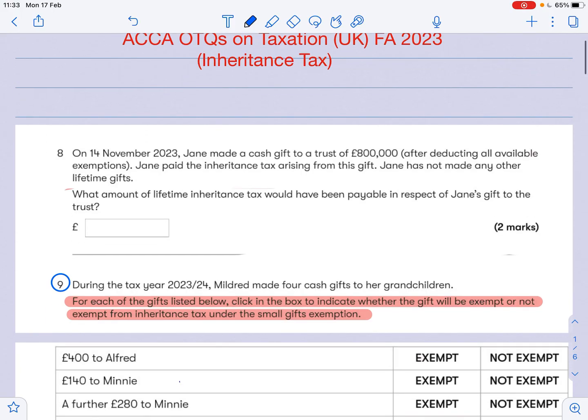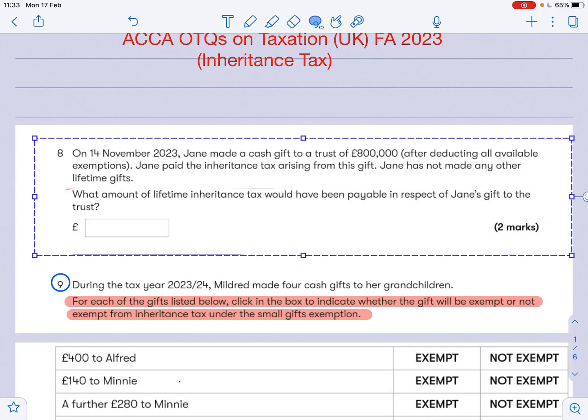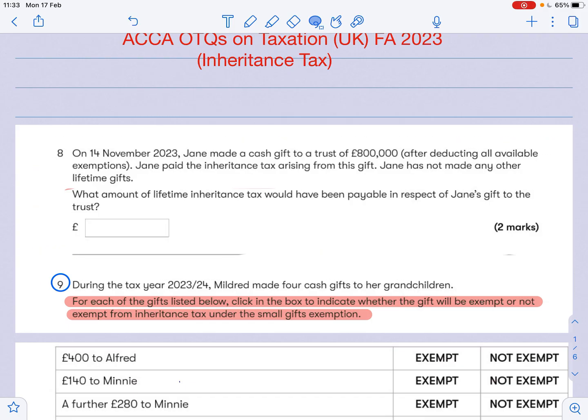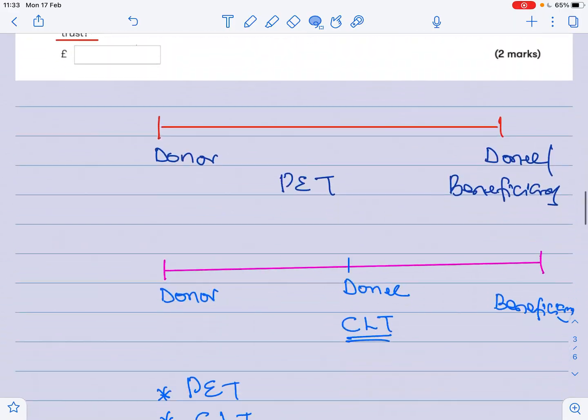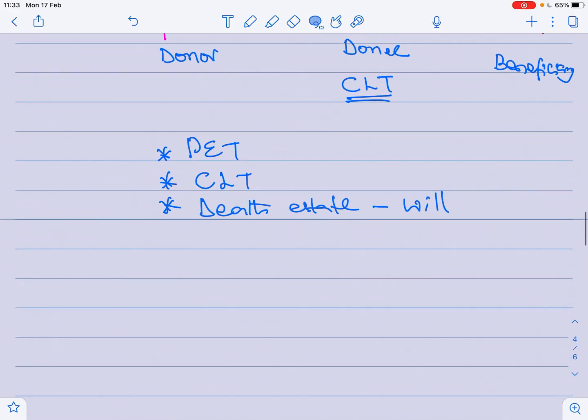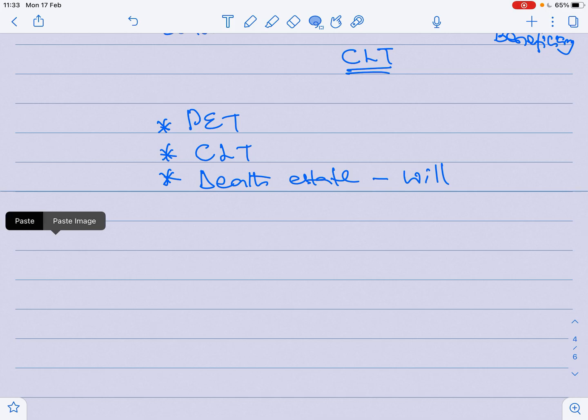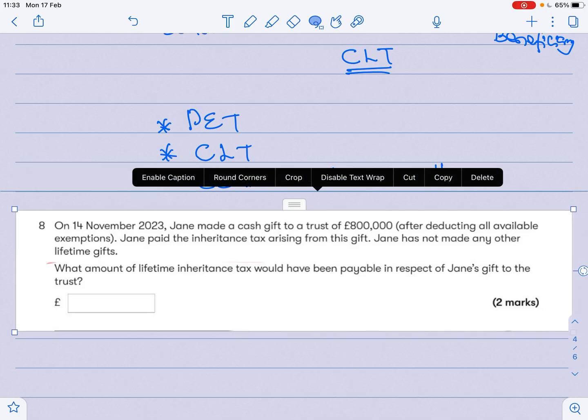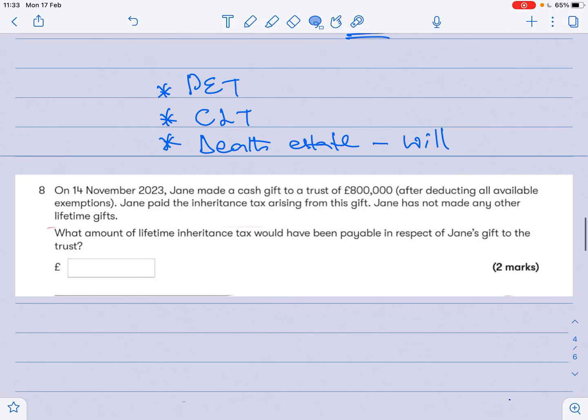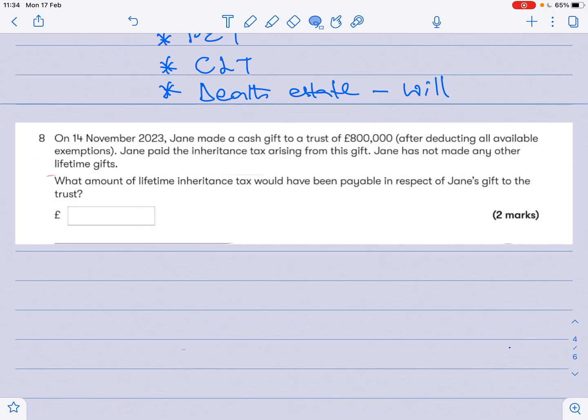Okay, so I'm going to copy this. That's the first question, and take it to where I'm going to be having the flexibility of explaining this to you. So it says, remember, we're looking for the amount of tax payable. So on 14th November 2023, so you need to know that that date has a tax year of